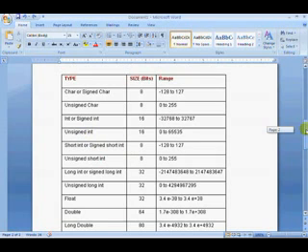I'm going to discuss the integer first of all. Starting from the third row, as you see, int takes 16 bits to store int data in the integer data type. You can say 2 bytes, 16 bits equal to 2 bytes. And its range starts from minus 32768 to 32768.